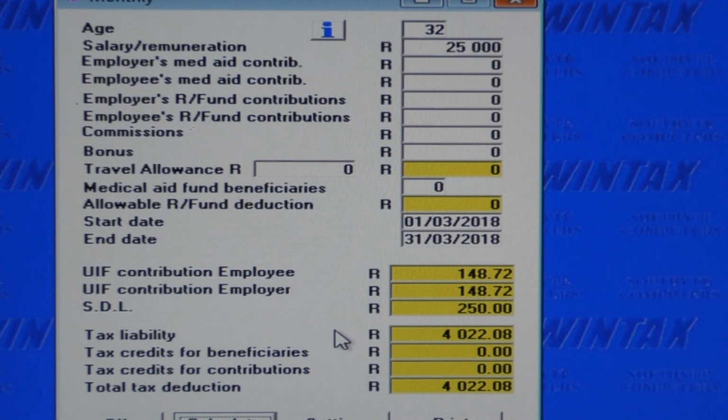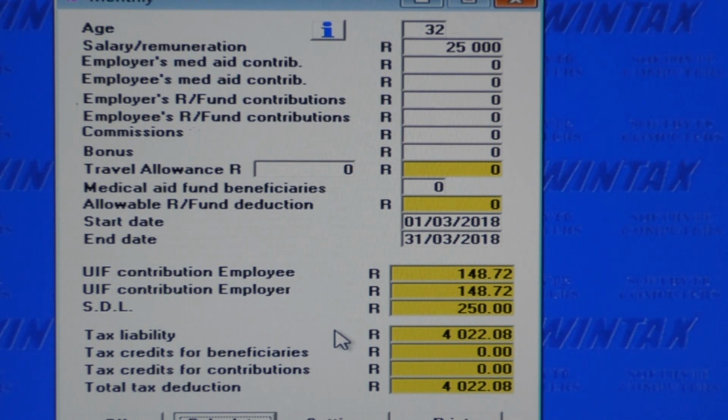This EMP10 calculator allows us to check the deductions and tax credits on a monthly salary advice and shows the effect that contributions to medical aid funds and retirement funds can have on tax deducted at salary source. Our first example shows how an employee earning a salary of 25,000 Rand a month will pay tax on 4,022